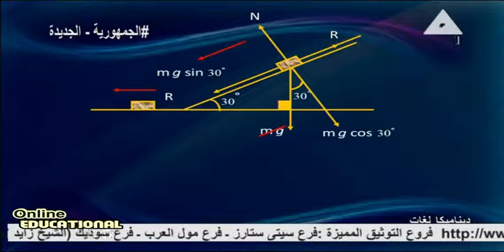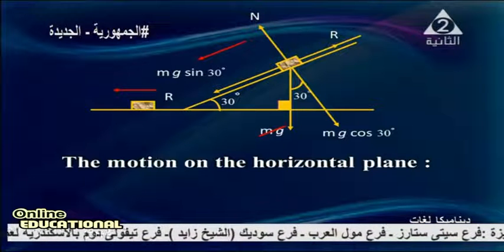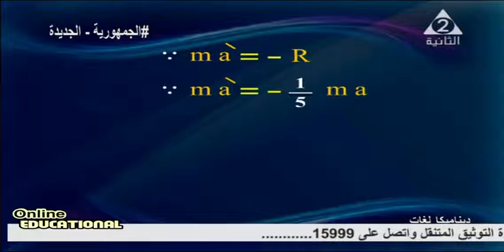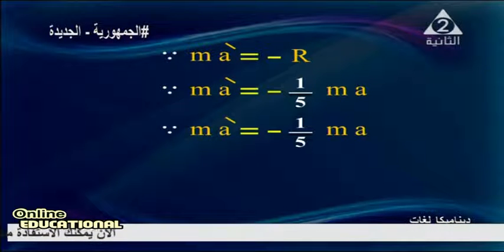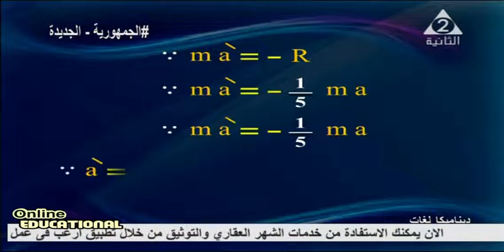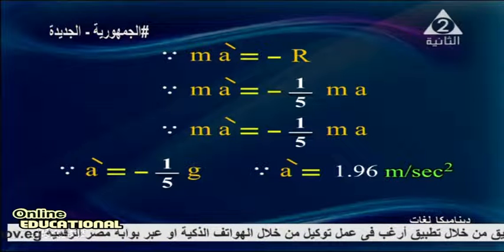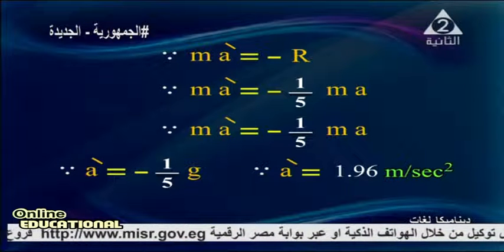Now the motion on the horizontal plane. The equation of motion on the plane, ma dash equals negative r. Then ma dash equals negative 1 over 5 mg. Then ma dash equals negative 1 over 5 times g. The acceleration a dash equals negative 1.96 meter per second square,